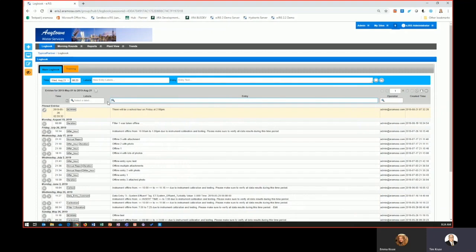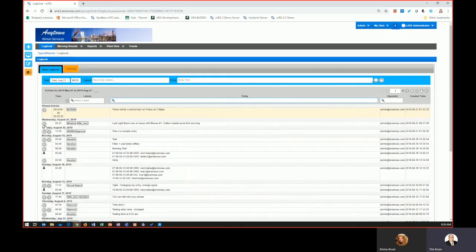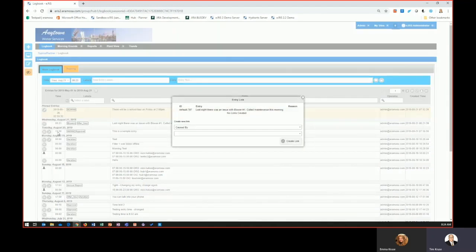And these entries are not just static. We can add attachments, so you can add those pictures that we were talking about. We can pin this to the top, or we can link entries together. So you can create links, whether